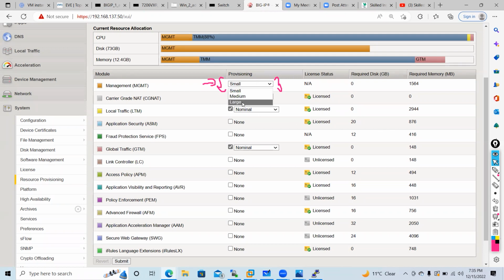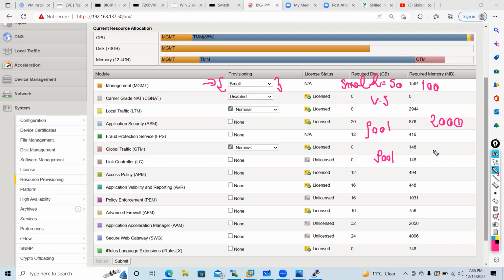So when I say small, medium, large, guys, when you configure virtual server, pool members, objects, when I say small, you can configure only 50 objects or 100 objects. Let's say I want to configure more than 2000 objects in F5. Objects can be your pool members, pool, rules, profiles. So that is the meaning of small, medium, and large in F5. Any question, guys? Because this is very important when you configure the management interface. You need to take care of this.